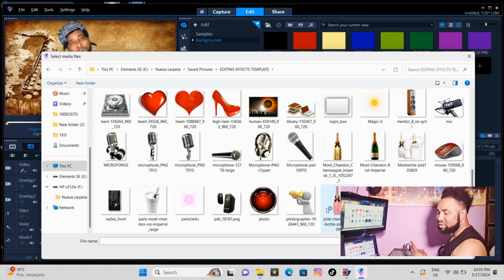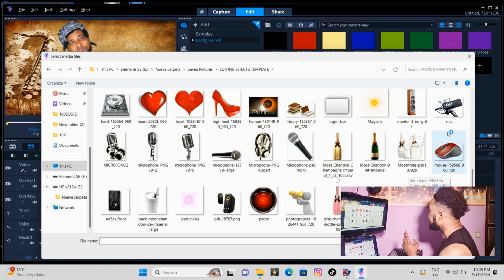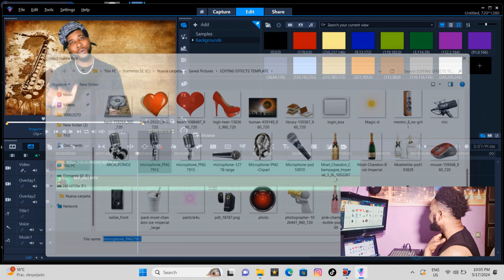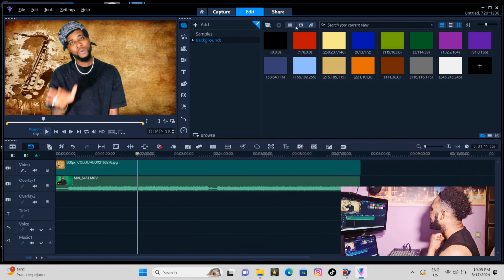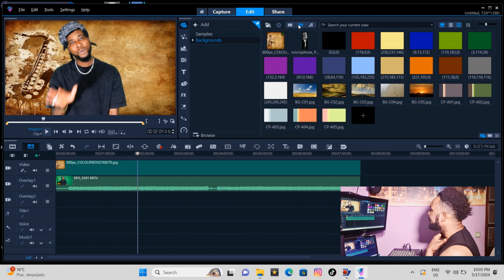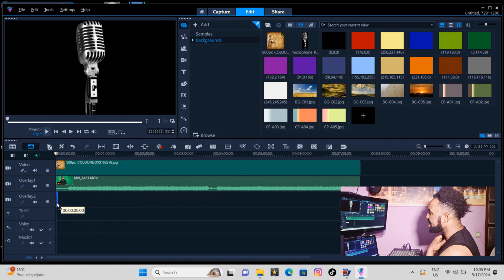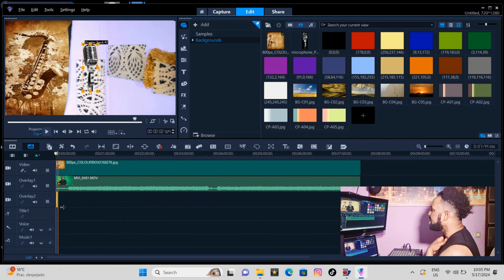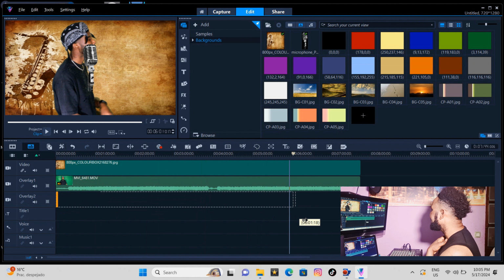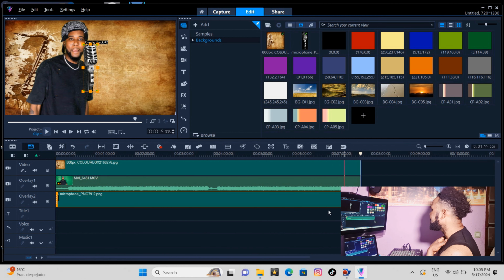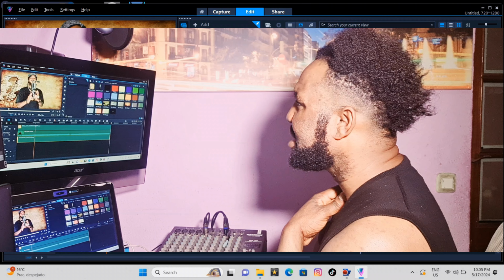Okay, I have some mic that I want to add to it. I may choose this mic, for example, and I want to add it. Then I have to open it and come to image. It's a show picture. So I have to pick this show picture. Then I pick the mic. I take it to this timeline as well, and I drag it to fit to the scene. Now this mic is here already.